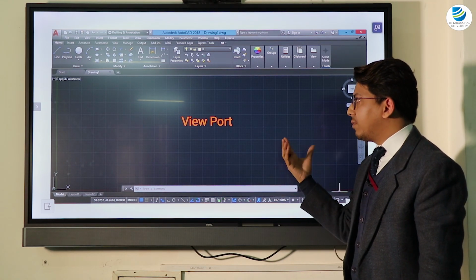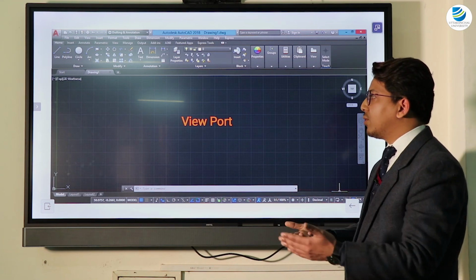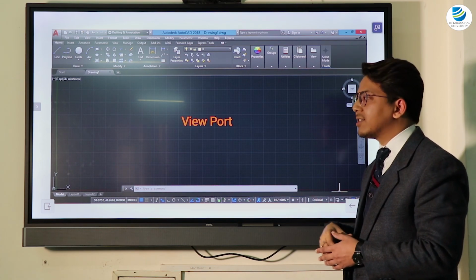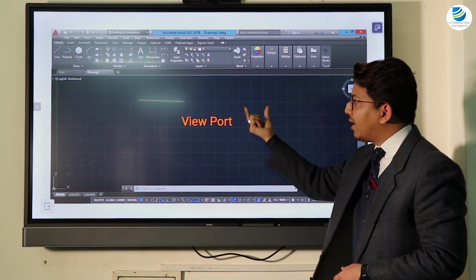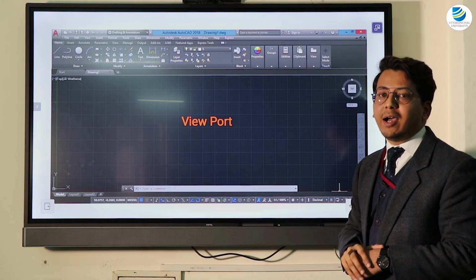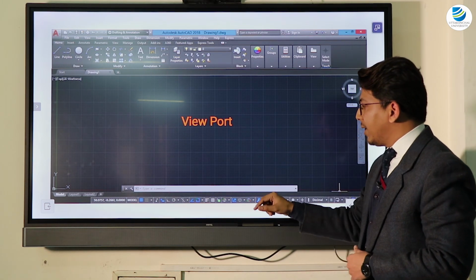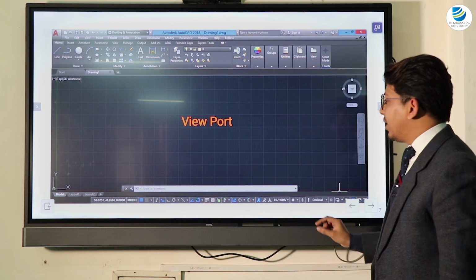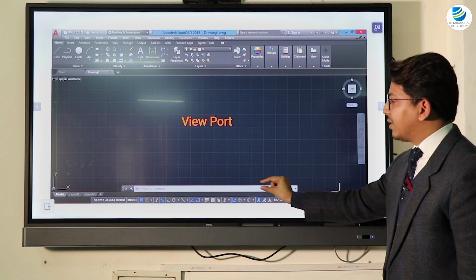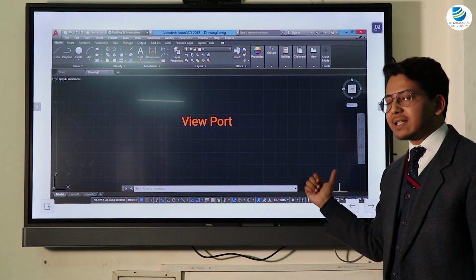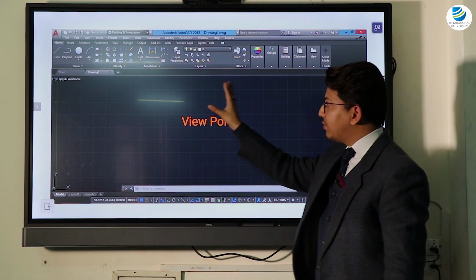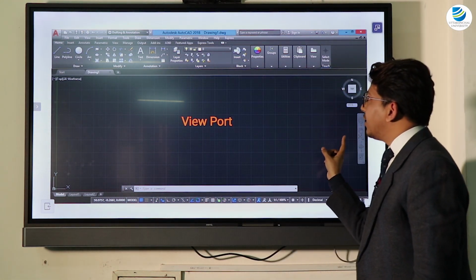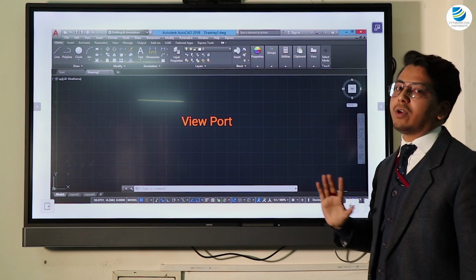If you want to keep these grid lines, you can switch them on, and if you do not want these grid lines in the viewport, you can remove them by just clicking here. There is this one option of grid lines. We will discuss this bar, which is known as the status bar, in the next slide. You can switch off these grid lines by clicking this option in the status bar. So this is your viewport where you draw your drawings.